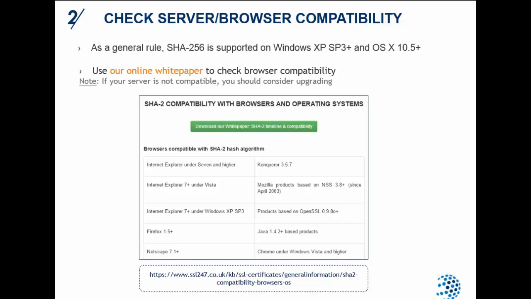Part 2 is checking whether your server and your browser are compatible or not. You don't want to be moving to SHA-2 if your server and your browser are not compatible. First, you need to find out whether they are. If they're not, you need to seek alternative ways. There may be a hotfix, or you could consider upgrading your server, upgrading your browser so that SHA-2 certificates are